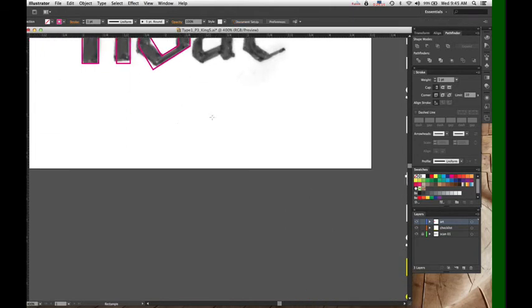So let's say I'm making a very, very geometric double-story A for my design. It's based very much on geometry.